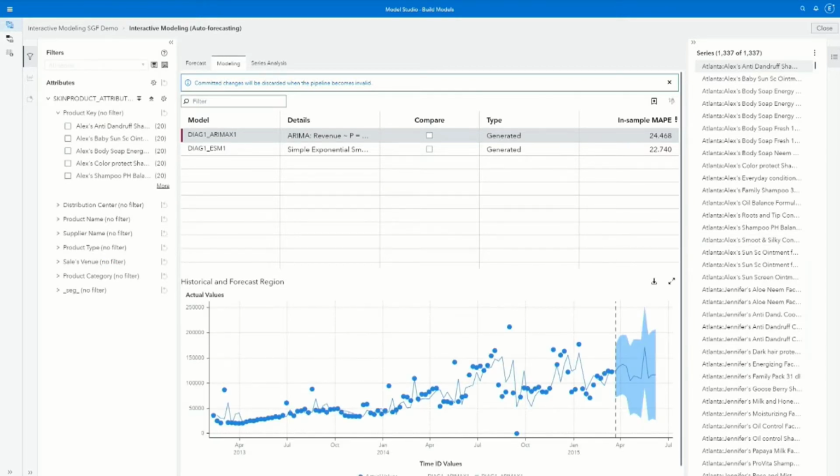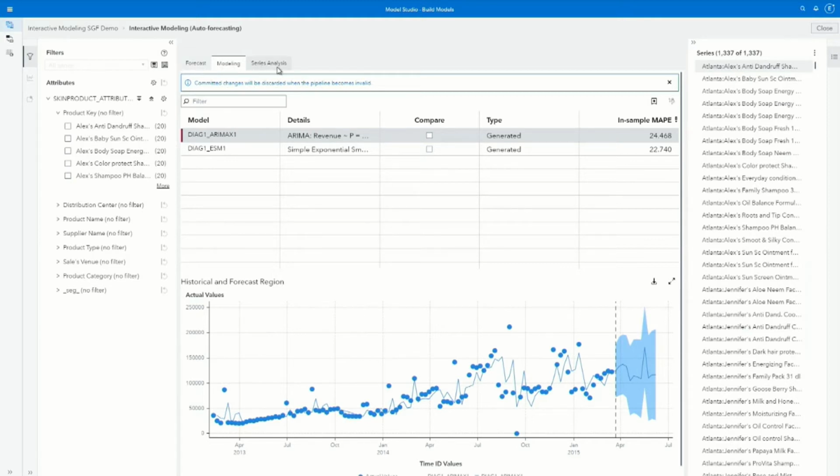Okay, so when I first come into the interactive modeling node, I'm dropped on the modeling tab. Then I can navigate to the forecast tab, which is identical to the forecast viewer in each of the modeling nodes.